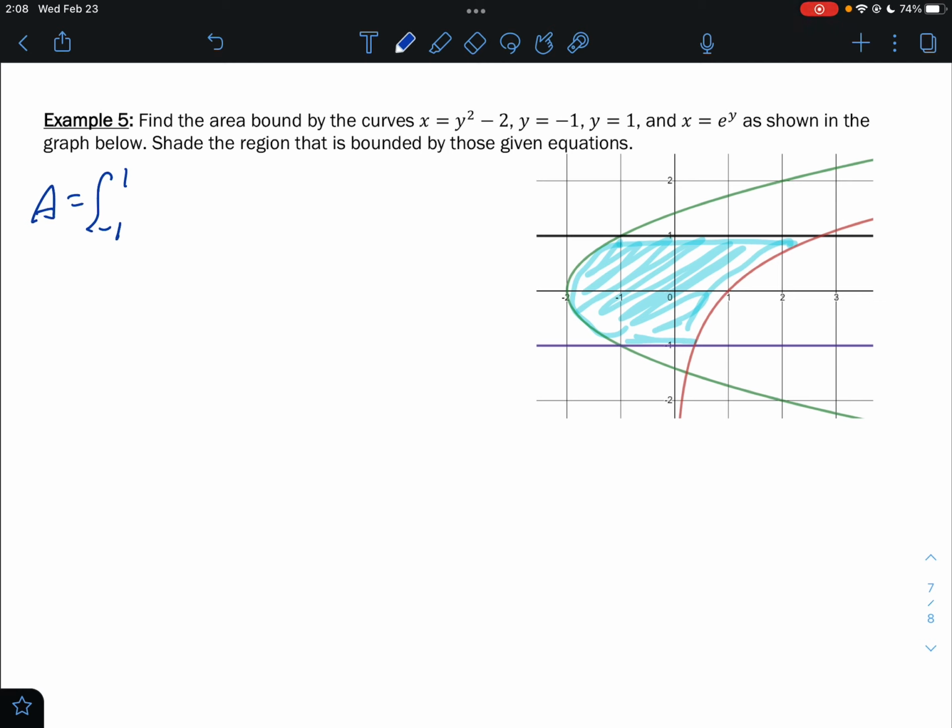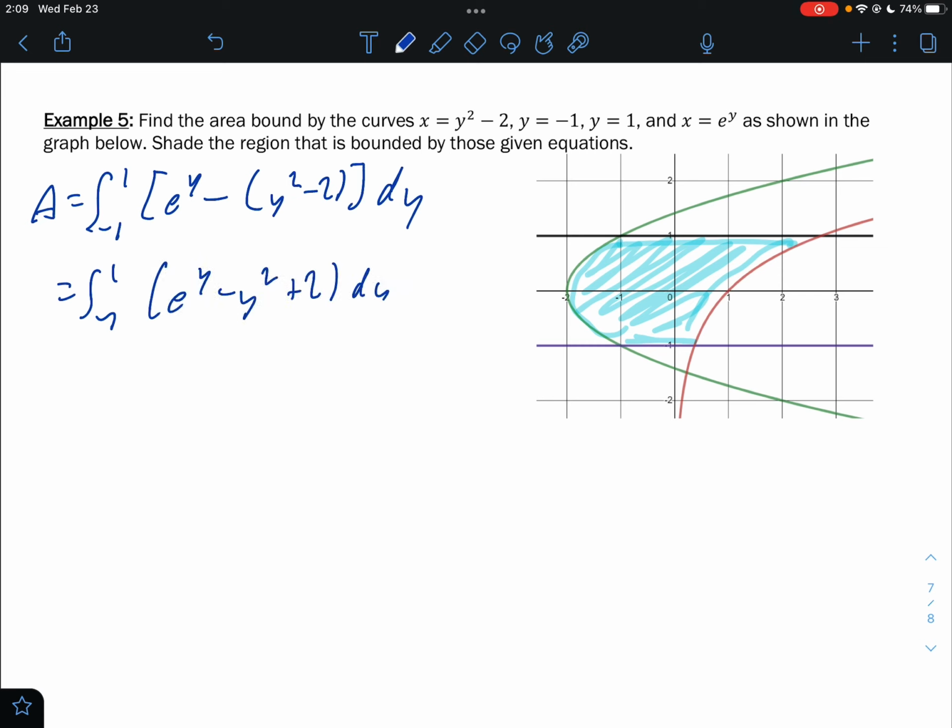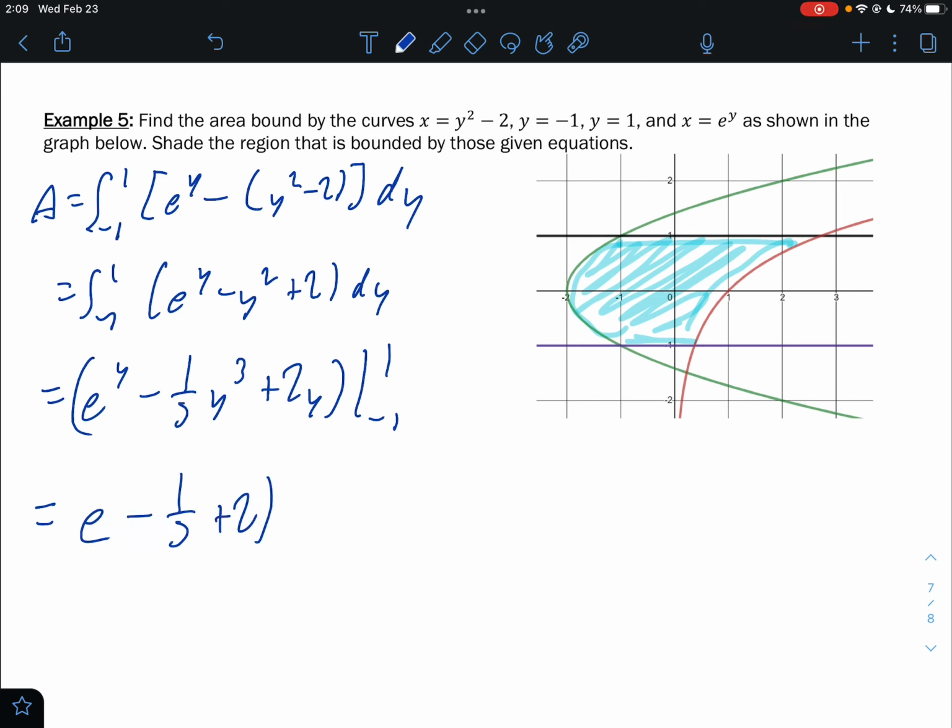Okay, obviously the parabola-looking shape is going to be the y squared, and e to the y will be the red one there. So it's going to be e to the y minus y squared minus 2 dy. All right, so cleaning this up, we get e to the y minus y squared plus 2. And now we can take our antiderivative, which is e to the y minus 1/3 y cubed plus 2y from -1 to 1. Putting 1 in there, we get e minus 1/3 plus 2